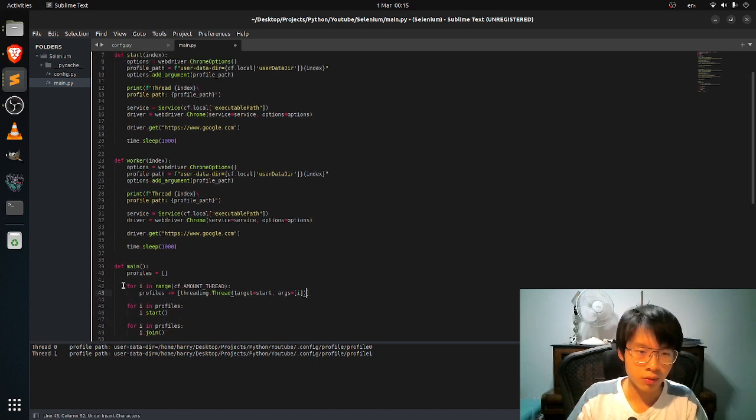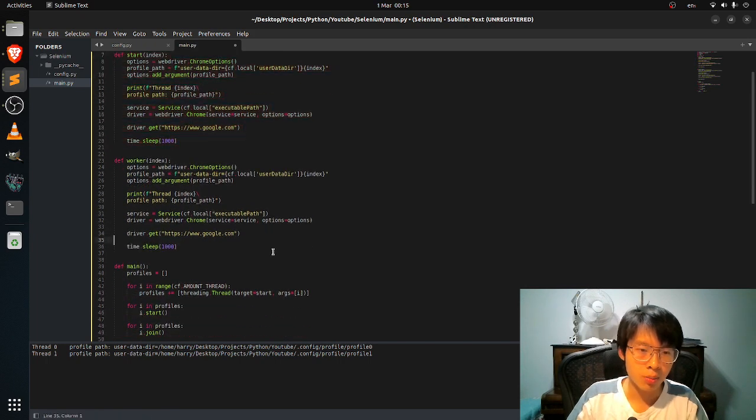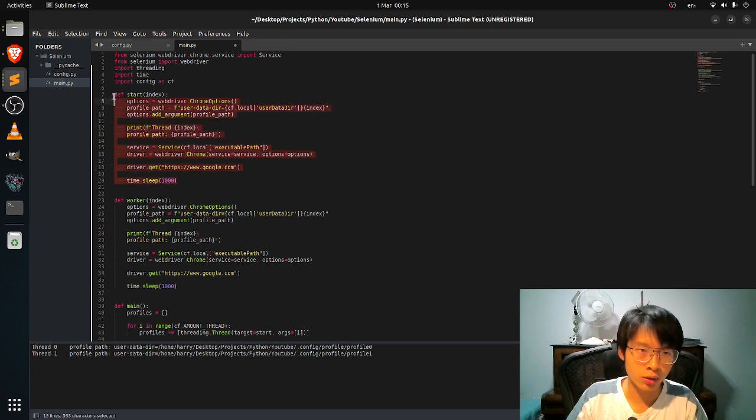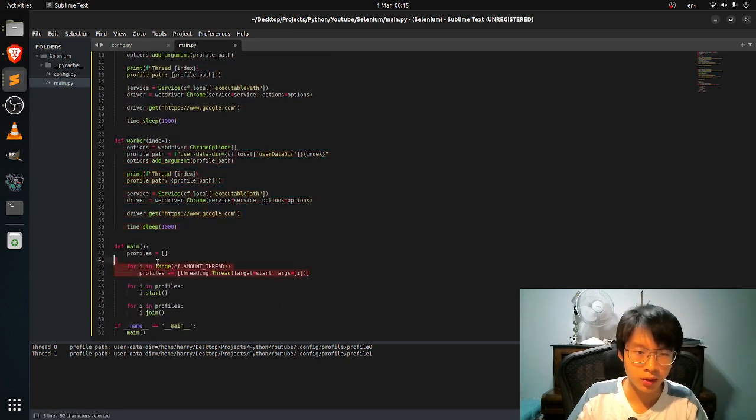For this one, you will run this function 2 times, but if you only want to run this function and the worker function, so maybe just hide this one, and then just do profiles